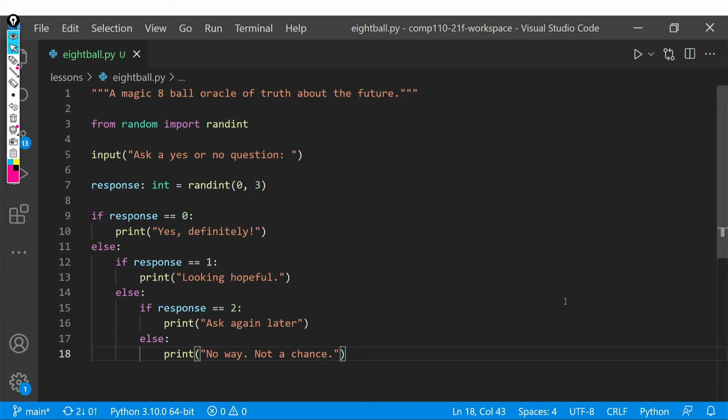Before we move on to cleaning this up with a new construct we're learning today, any questions on what we see here so far? All right, all right. So you can imagine an actual 8-ball has like 16 different possible outputs, I believe. And if we generated a random number between 0 and 15, we could keep extending possible different outputs to have all of the different messages that a real 8-ball would have built into it. But if we use the same strategy, notice that it would start to feel like we were getting pretty deeply indented, and it would be hard to read our code, and it gets a little bit out of control.